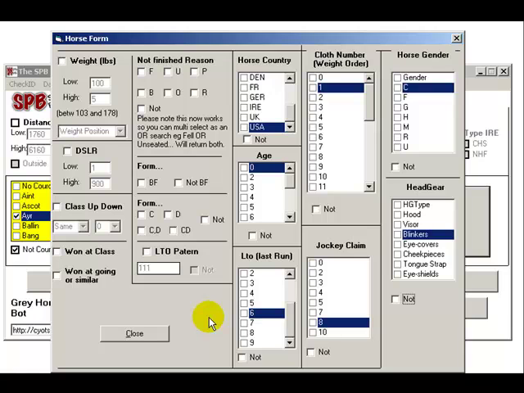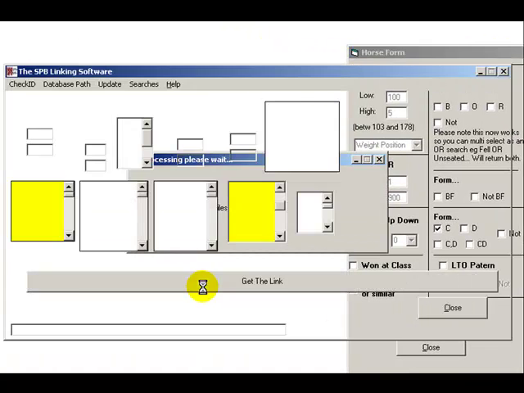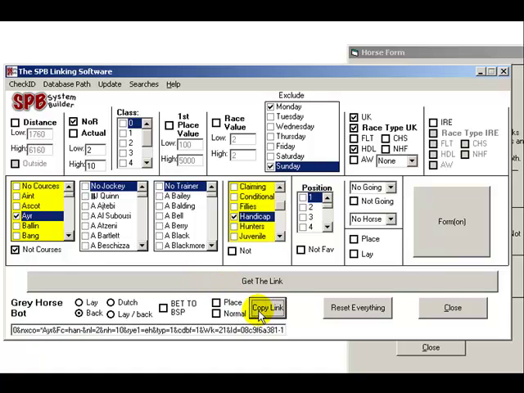selections. As this is part of the SPB System Builder idea, then as the SPB System Builder builds up, we'll start adding the same criteria to this, so you get more and more features as we go along. And again, it's as simple as this: if I selected course winners and the same link, and again copied the link and put it in the window,